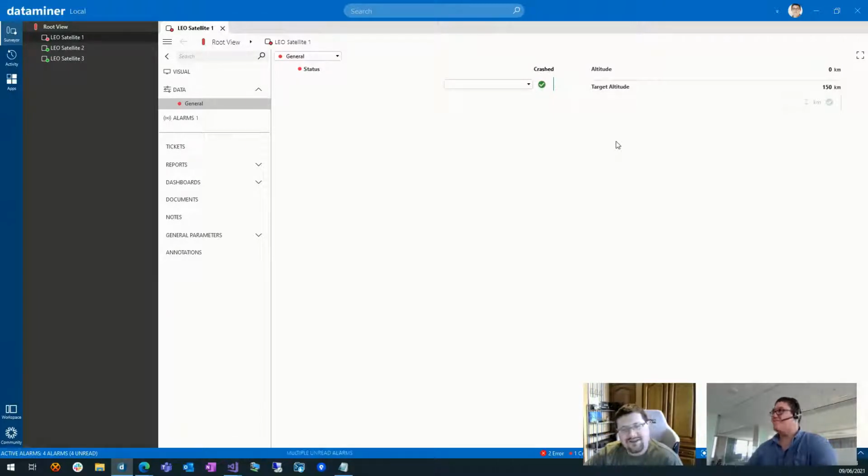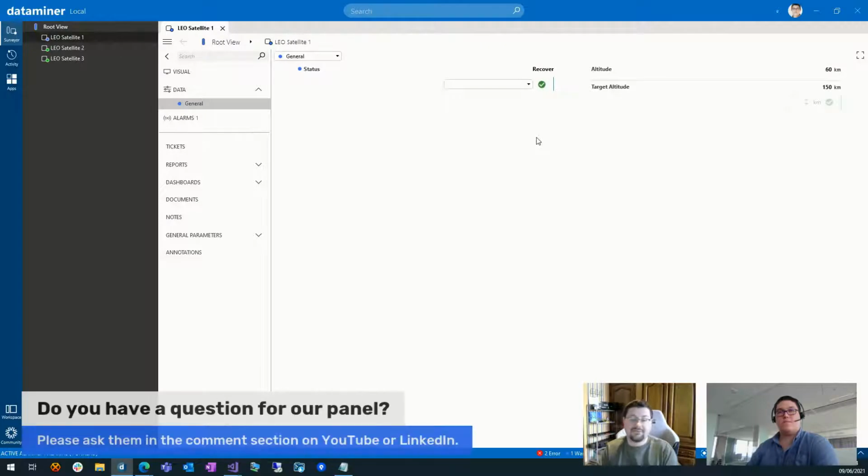But you can see now the status went to crashed. We want to avoid, of course, ever getting to that point. So what we've done is you have a recovery status on the satellite. If you set your satellite to the recovery status, it will start climbing back to the target altitude. So very simple element just to showcase what we're going to be doing.